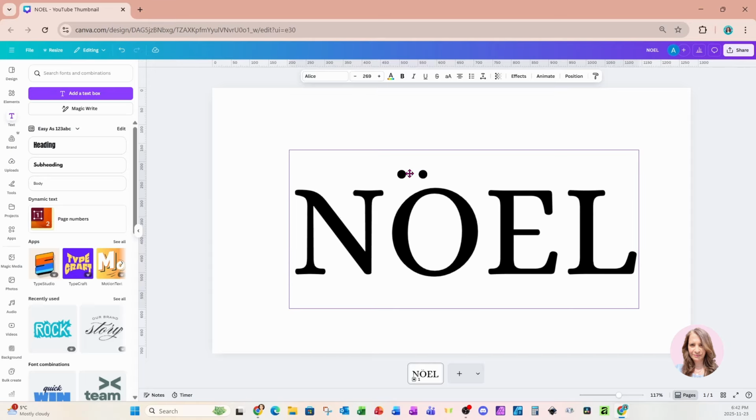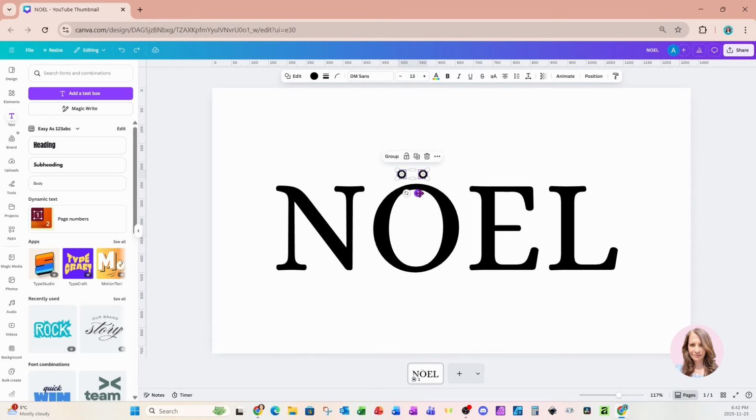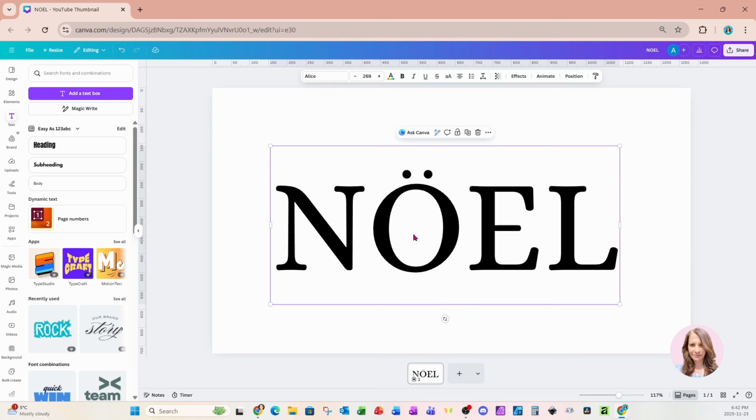I'm just going to grab both of them, and I'm going to try and center them right over the O. Like that. Now for the O, I want to add a frame because I want to put a photo where